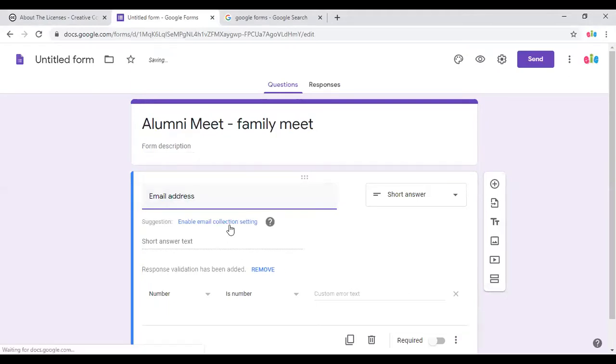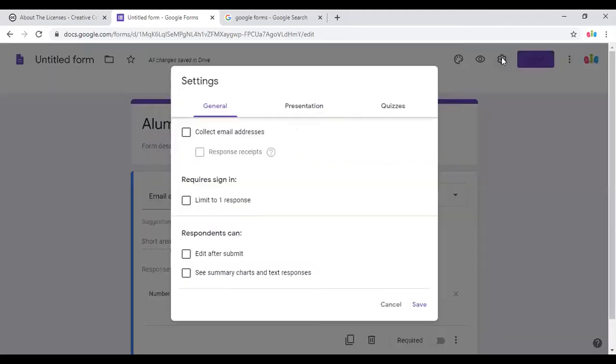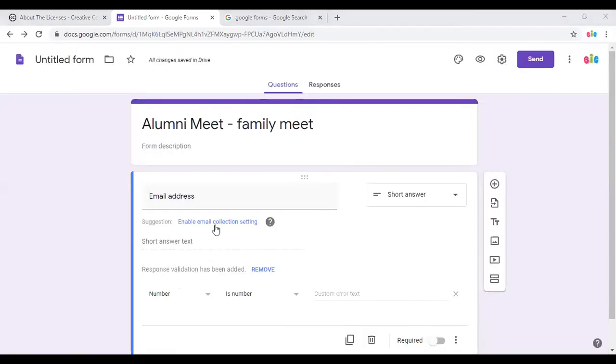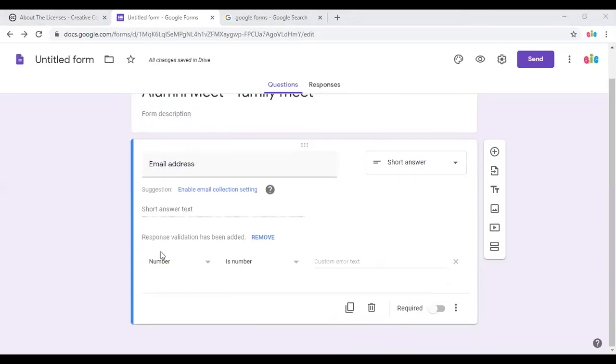So you actually have an inbuilt option for collecting the email. If you go into the settings, you have an option for collecting email addresses. By default, you can turn it on, but particularly for this form, not everyone will be willing. If they are not willing to join, they will not be giving the email. So in that case, we need not enable it by default, but we'll add it. And this is one interesting feature that is available. See the feature that got invoked automatically. It's called response validation.